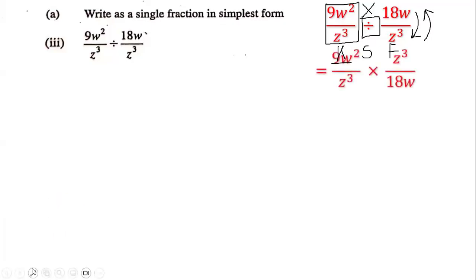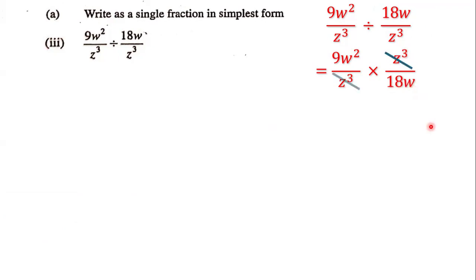And so what we do, let me erase all ink. We keep this first fraction unchanged. We take the division sign and we change it into a multiplication sign. We put the z to the third power on top, and we put 18w at the bottom. Next, we simplify. We say z to the third power cancels out with this z to the third power. So we're just left with